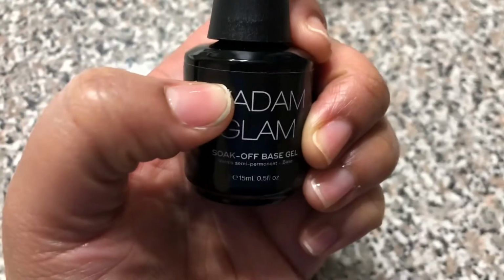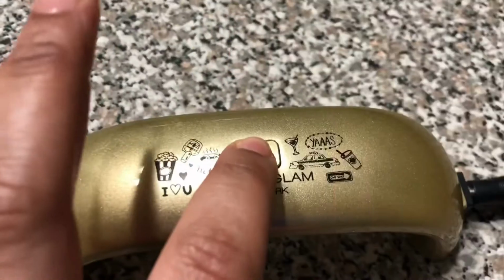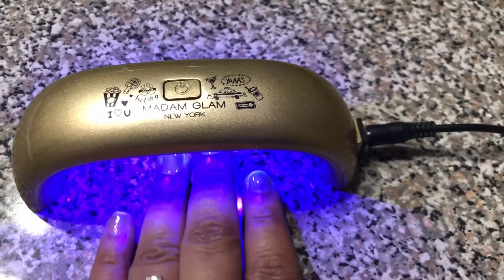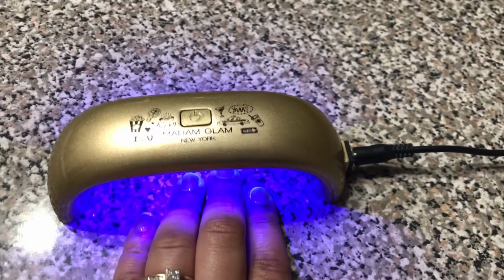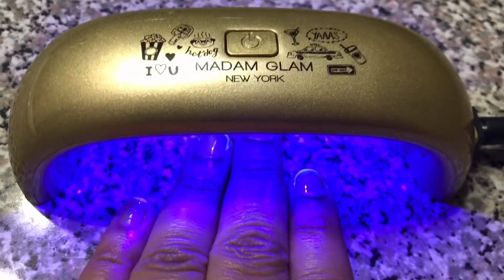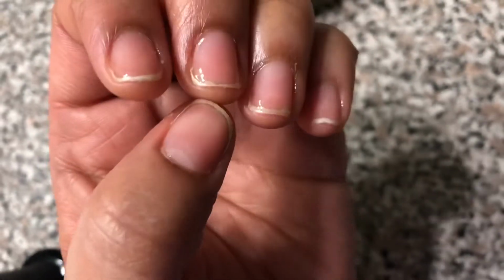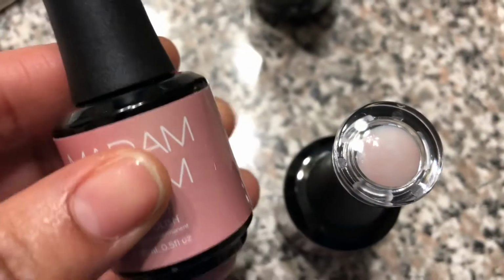So this is the base coat, and this is my nails after I applied the base coat. So I cured my nails each time for a full minute. If you hold the button down, it will keep the lamp on for a full minute. And if you do it one time, it's going to be 30 seconds. So this is how it looks after I cured it, and I'm going to go ahead and move on to